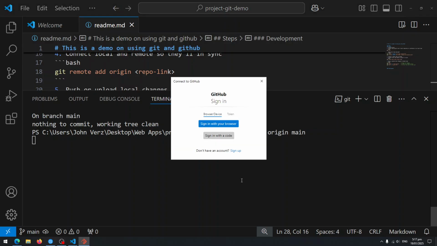Okay, for the first time you will see this one. If you haven't logged in, it's going to ask you to log in like this, and you can choose either of these two. Or if you are using a shared computer,